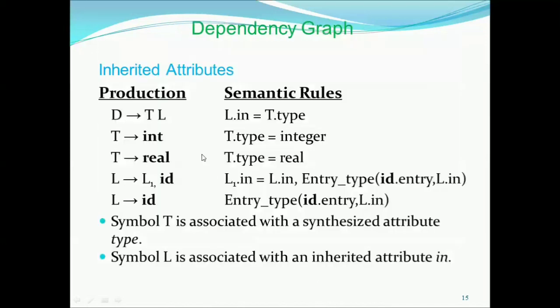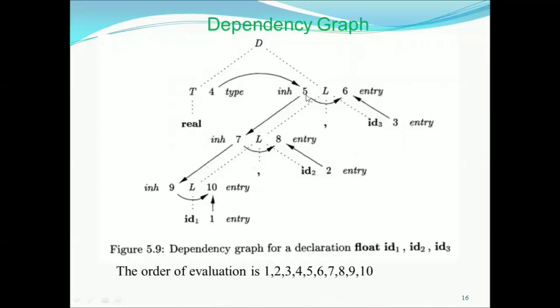For this case, I am not going to get the value of this L directly, because in order to make an entry into the symbol table, I should know what is the data type of this particular ID. So how am I going to get the data type of this ID? My data type of the ID is present in some other subtree. I cannot make an entry into the symbol table until I get the data type. So my L value depends upon the T value. Since I'm getting the value from its sibling, I say that it is an inherited attribute.